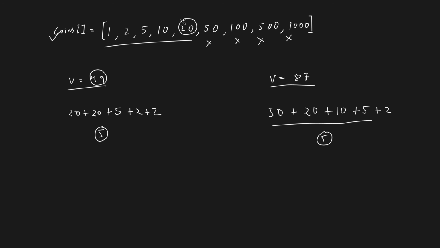And we follow the greedy method. That means we try to form as much as we can, which is near to 49. So if I pick up 20 rupees, I can take a couple of 20 rupees and form 40. So our thought process will be very simple. If we have a given value V, we try to find the maximum denomination of coin that we can use, and we take as many of it as possible. So let's see how the algorithm runs.